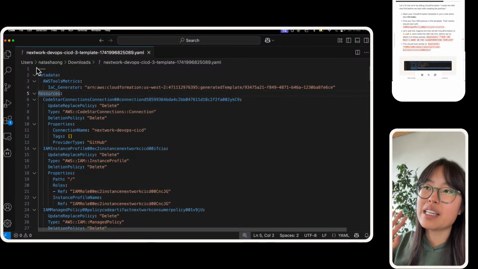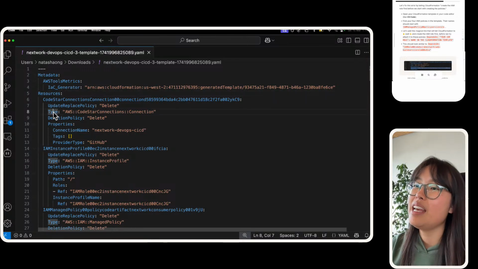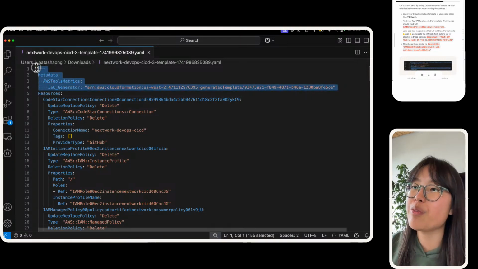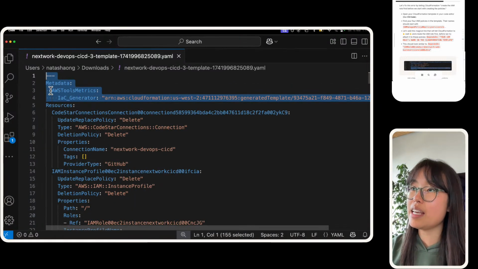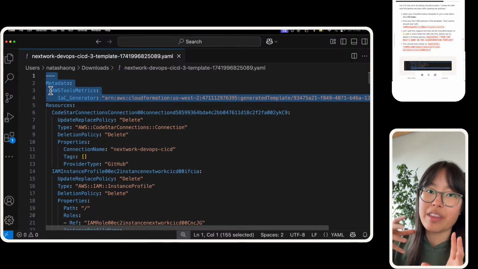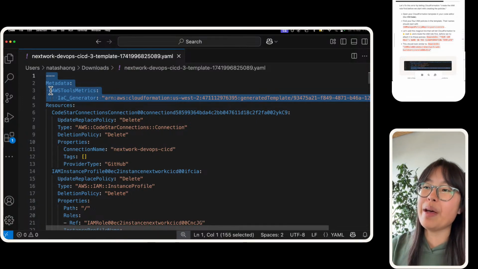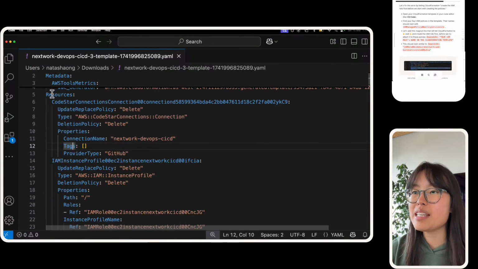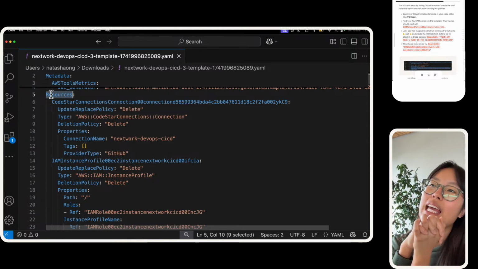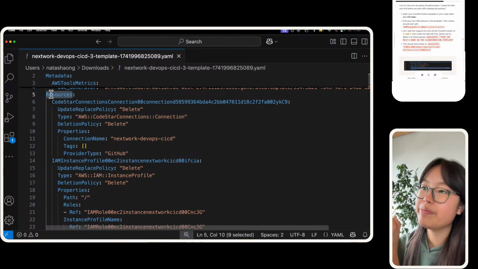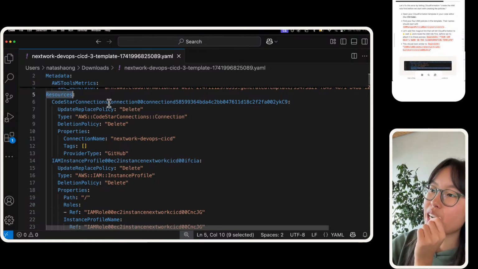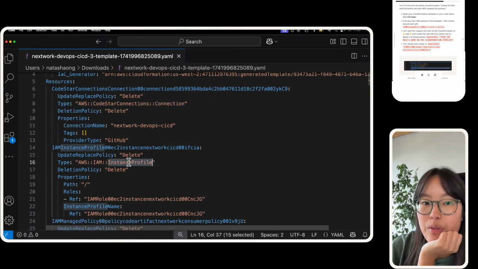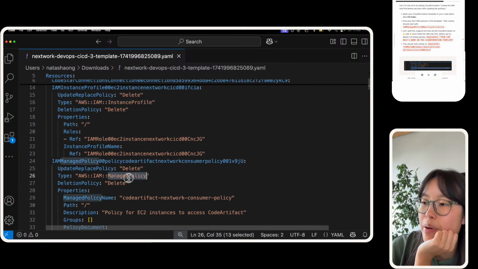Okay, so I'm just gonna take a step back actually for one second, and I'll just call out that our template is structured in a very, very specific way. We've got a metadata section, which says this is all of the data about the CloudFormation template itself, but the more important section is everything under resources. Resources is all of the resources that we defined. In this case, we've got our CodeStar connection. Okay, you can see it here. You've got your IAM instance profile, your policy